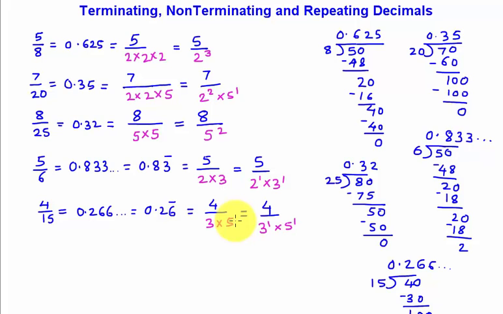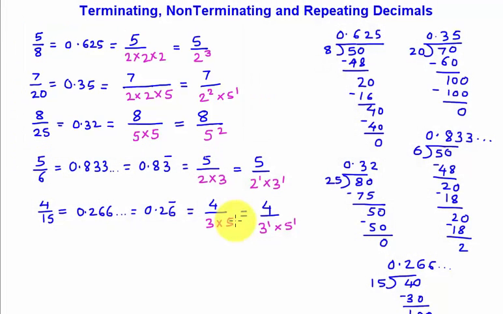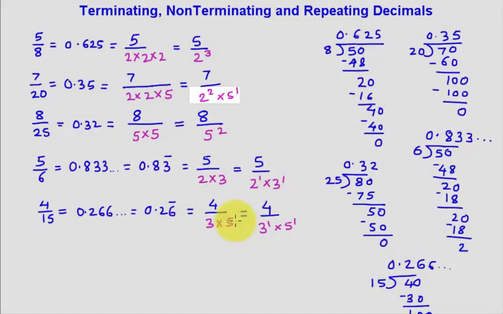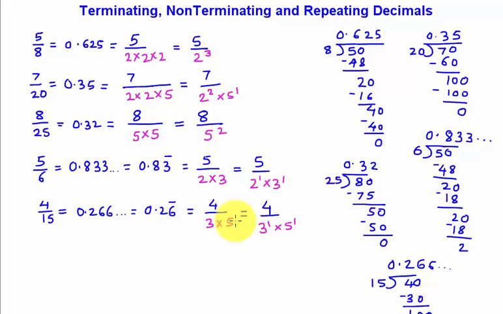So let's see the fractions once again. Now in the first three cases, the prime factors of the denominator are 2 or 5 or both 2 and 5. So for 5 by 8, the prime factor of denominator 8 is 2. For 7 by 20, the prime factors of denominator 20 are 2 and 5. And for 8 by 25, the prime factor of the denominator is 5 only. So in all the three cases, either 2 is there or 5 is there or both are there as prime